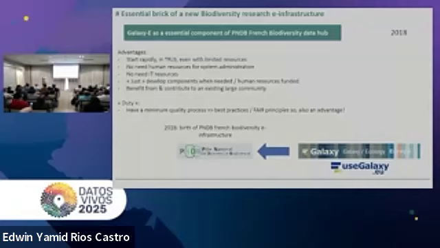We don't need to have IT resources because our European colleagues are paying for that. And we just develop bricks when we have money to do that and when we have needs to do that. So it's quite interesting. The only duty is we have a minimum quality process in terms of best practices for tool development and respecting FAIR principles. So in fact, this is also an advantage.